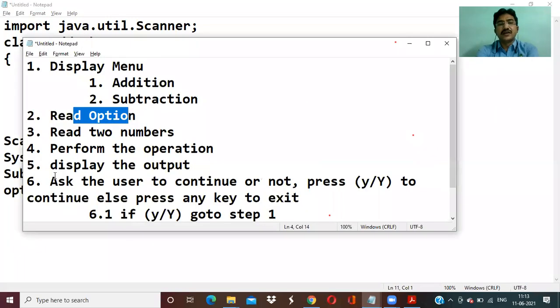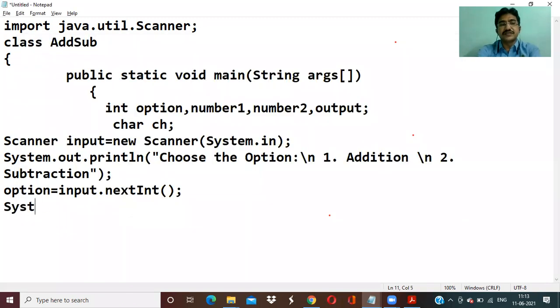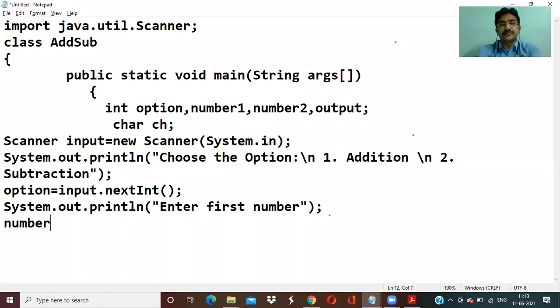What is the next step? Read 2 numbers. This is the third step. So how to read the 2 numbers? System.out.println, enter first number. So we have to read it, right? number1 equal to, it is an integer, so input.nextInt.